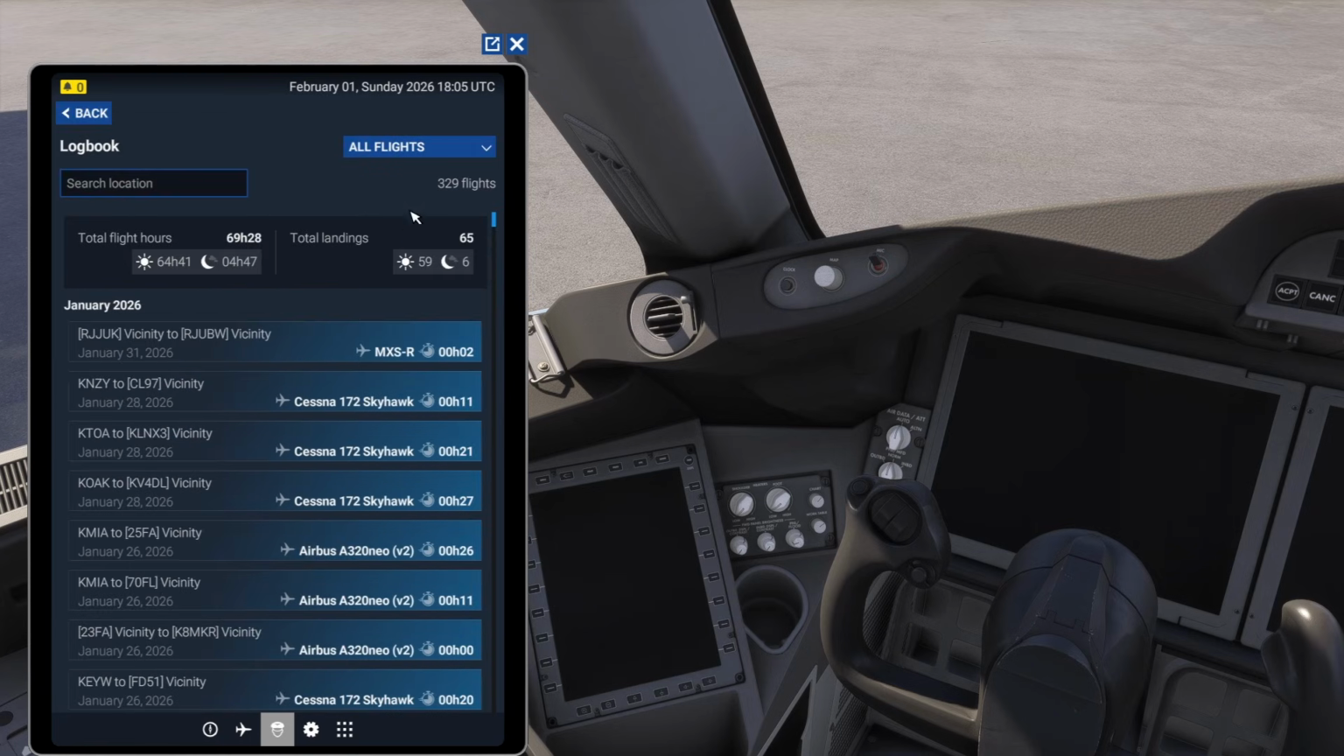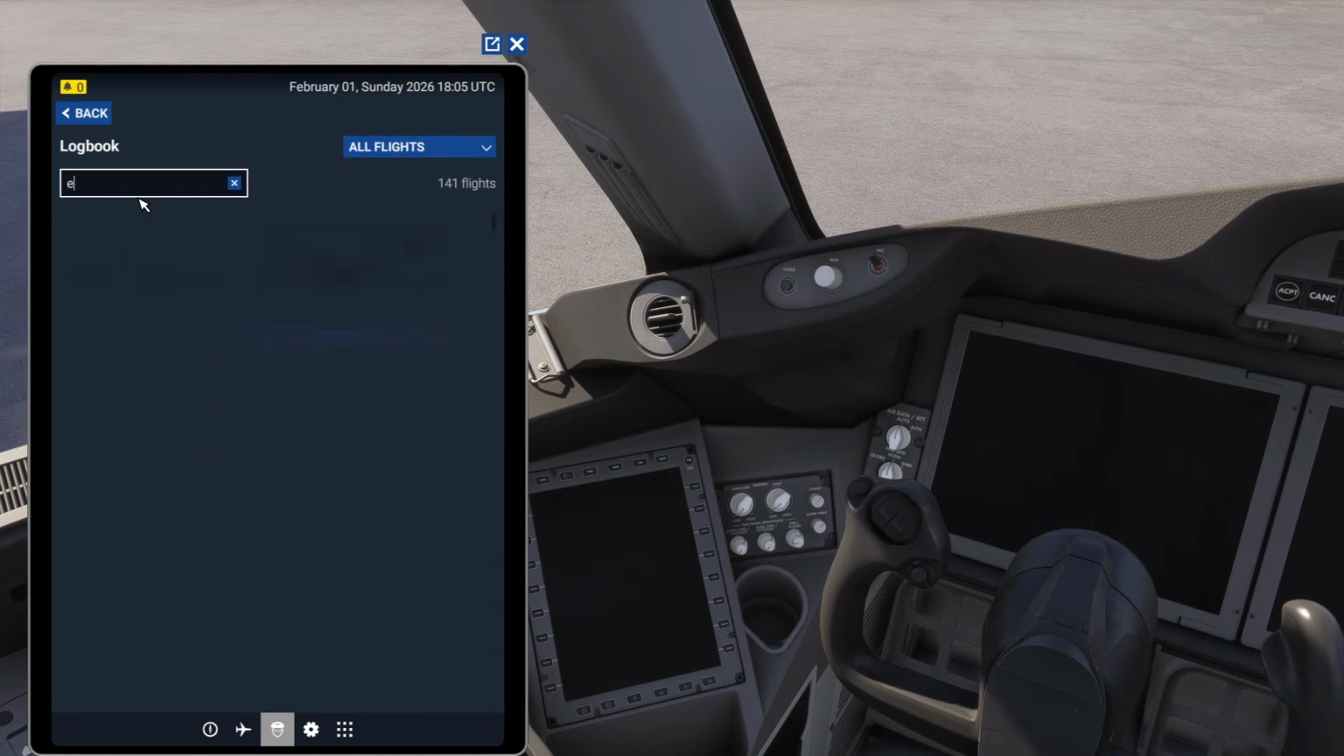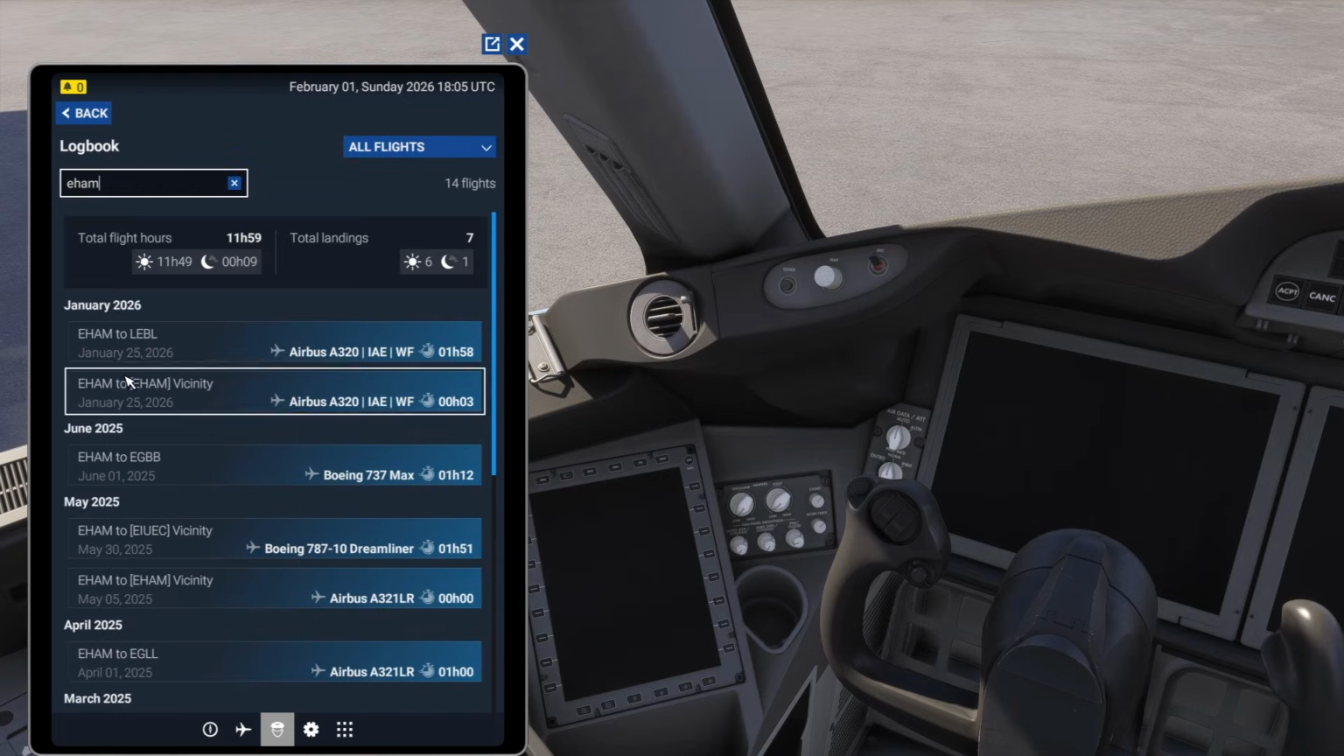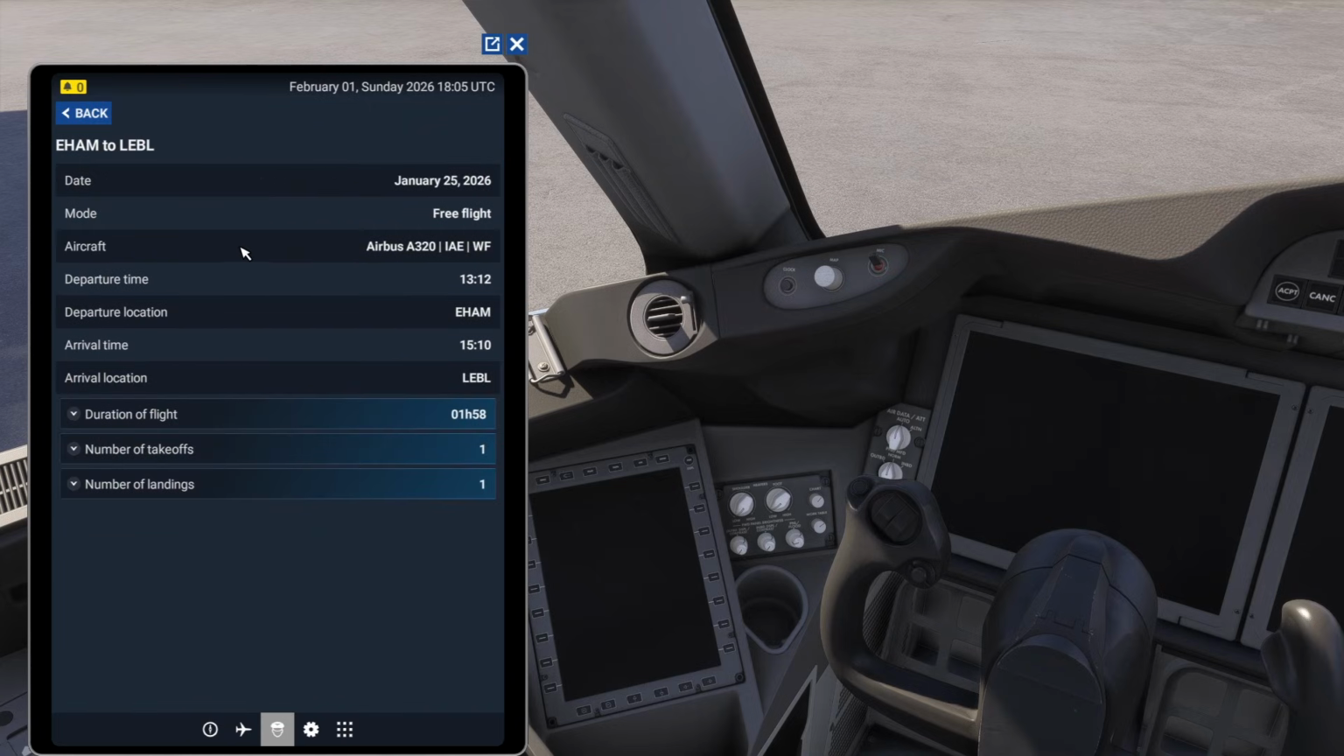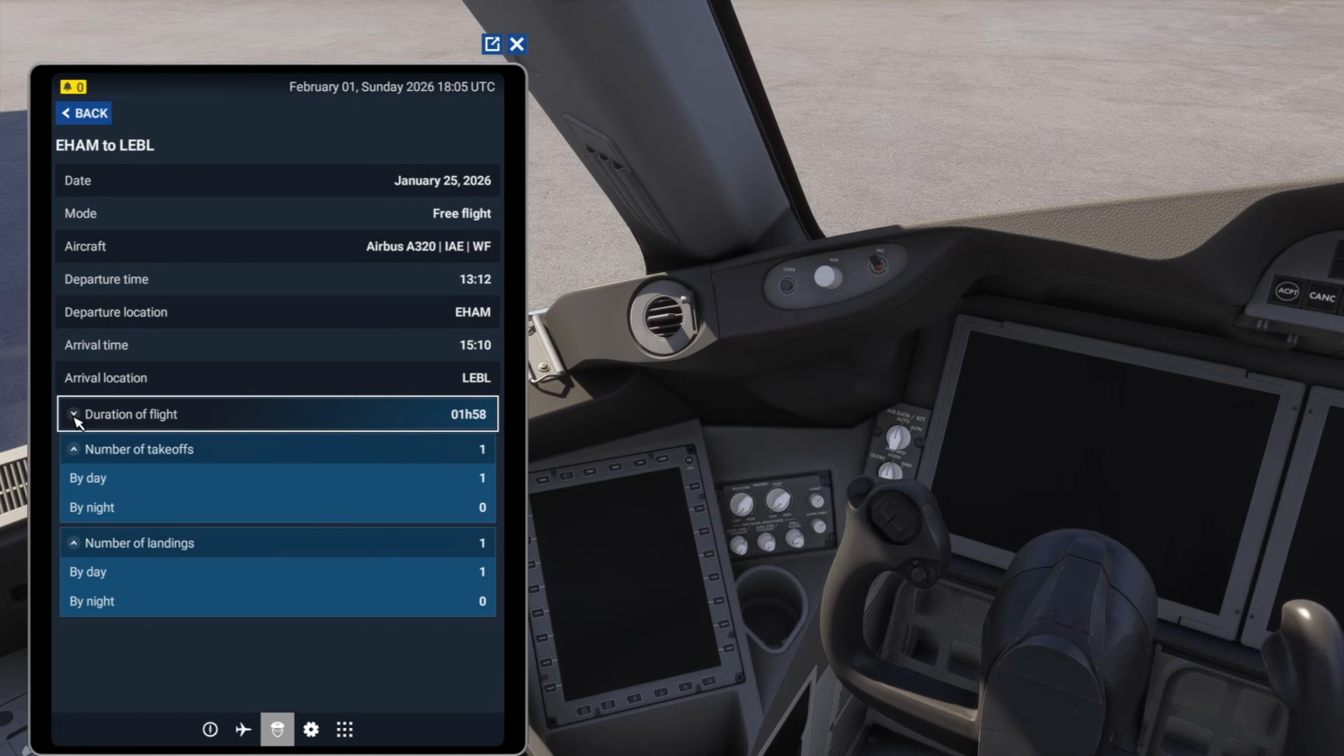The nice thing about this view is that you can choose between the type of flights, but you can also search for a specific airport, for example, EHAM, right? That allows me to go to a specific flight from Amsterdam to Barcelona, and then I can see everything, right? I can see